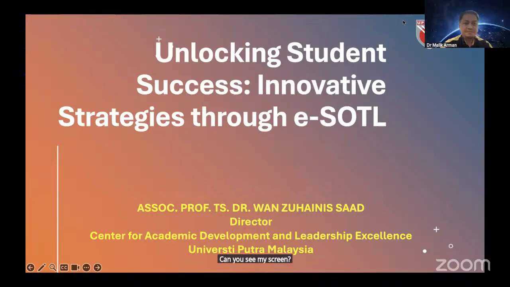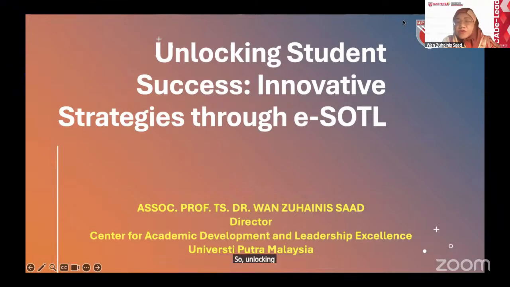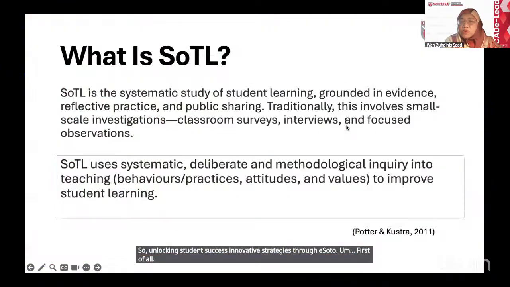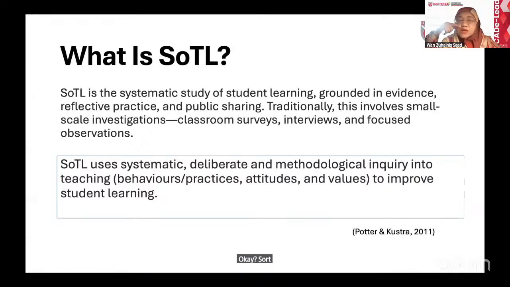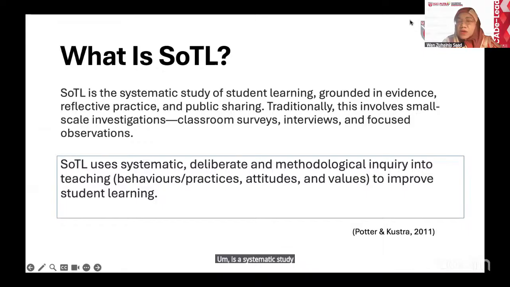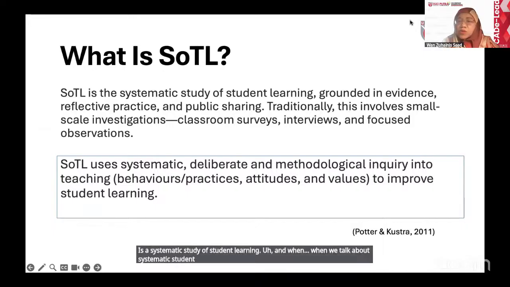Yes, yes. Okay. So, unlocking student success: innovative strategies through eSoTL. First of all, when we discuss SoTL, or Scholarship of Teaching and Learning, it is a systematic study of student learning, and when we talk about systematic study of student learning, it will involve